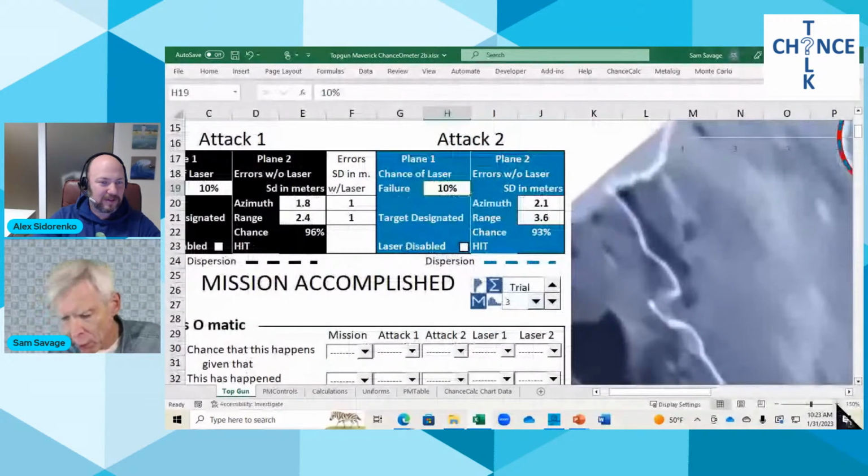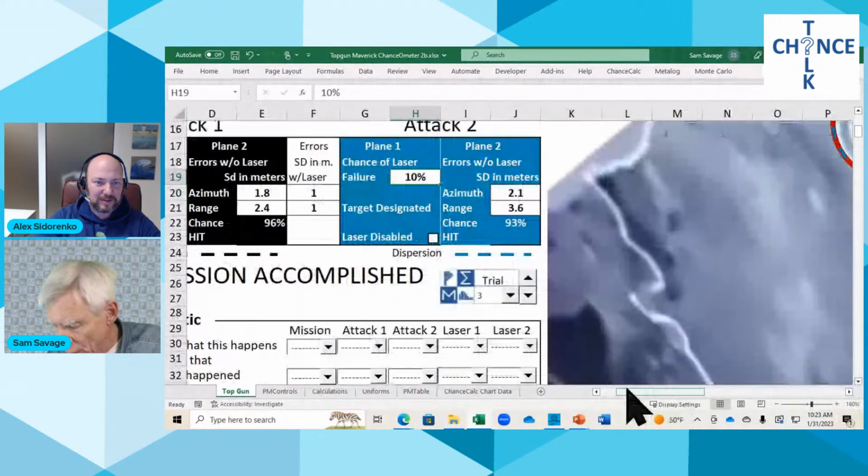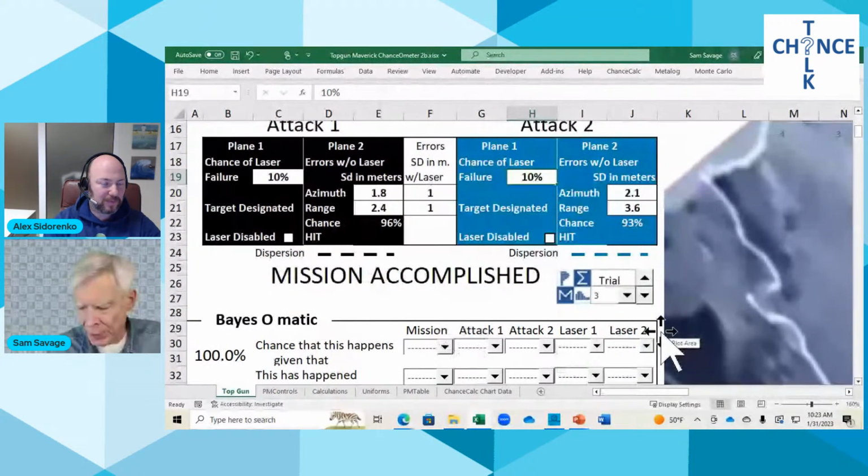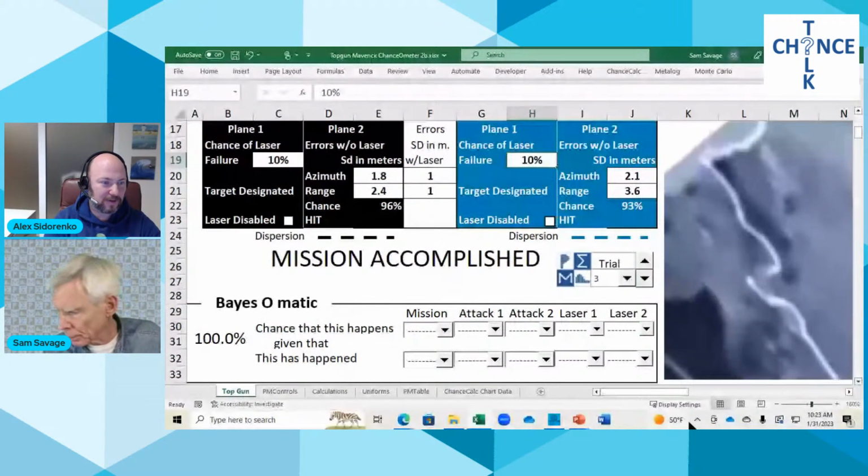So, okay, let me blow it up a little bit more here. You're not going to understand what's going on yet. I'm going to do a little lecture on Bayesian analysis when we're done here. But for right now, we're going to say, what is the chance that something in the top row happened, given that whatever is in the bottom row happened?